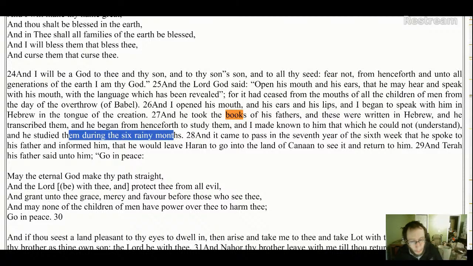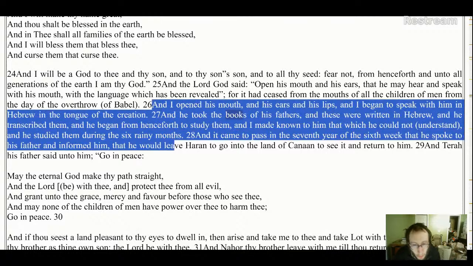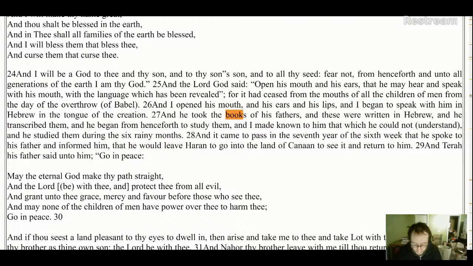That sounds exactly like what we see in the Book of Jubilees, where an angel is explaining to Moses all the prior books and a summary of those books, teaching him about the history of the patriarchs. The same thing we're seeing was done for Abraham. So this is a basic endorsement of an earlier Book of Jubilees that was revealed to Abraham.